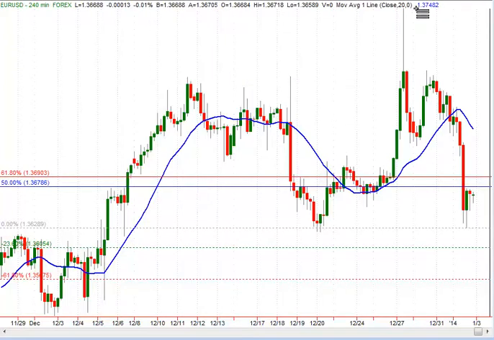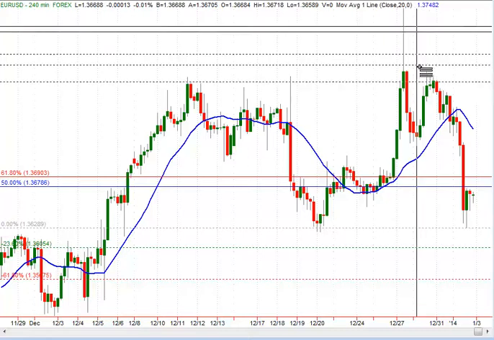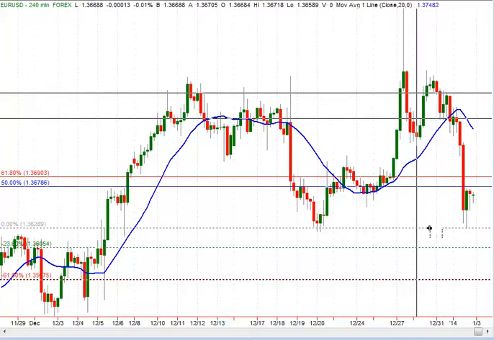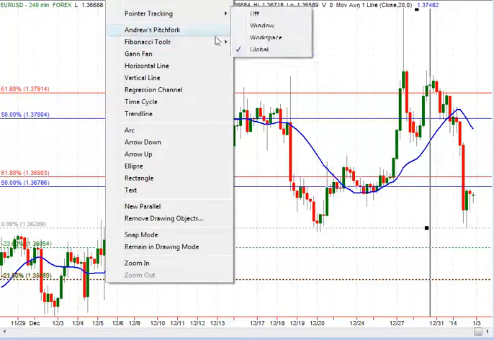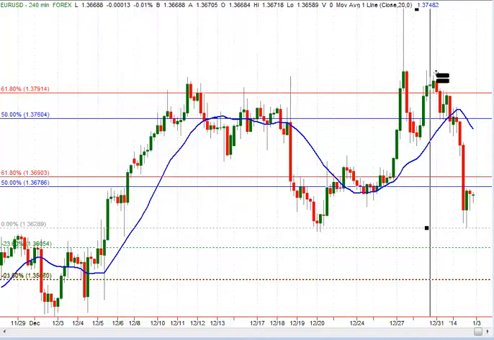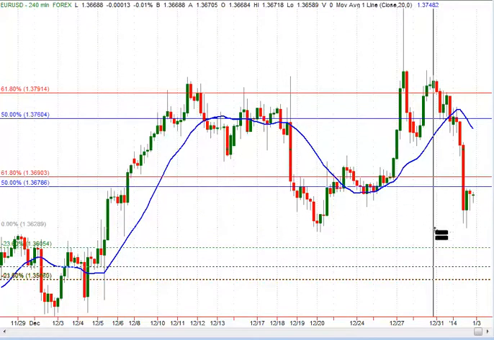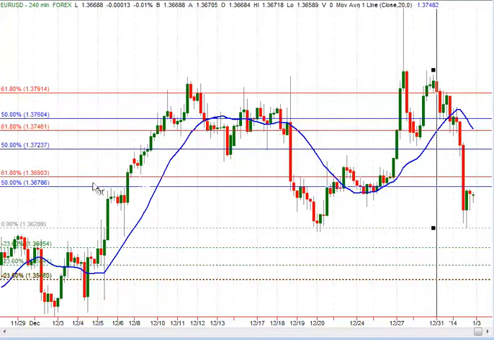So if we get above 136.92, we are going to watch this level. This is a very good short level if we get there, 137.60, and again there is the other level I showed you before on the daily chart, and this would be the 137.23. Both of these levels are very good short levels, and on a swing trading basis you could actually enter half of your position at